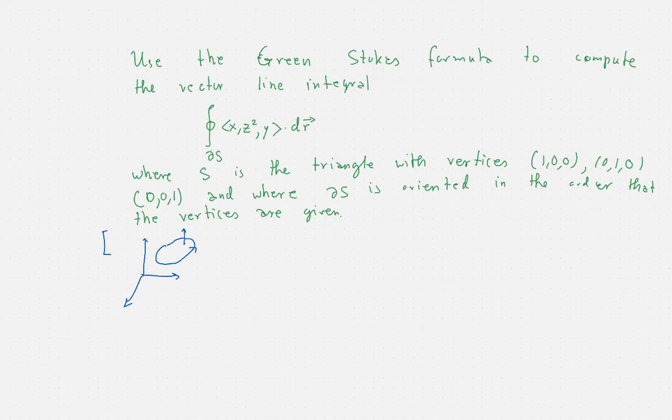in a compatible way, which means that if you stand in the direction of the normal vector and face the direction in which you traverse the boundary, then the surface is on your left hand. So if this is the case and we have a vector field which is defined on the surface, then its vector line integral on the boundary under this orientation is the same thing as the vector surface integral of its curl